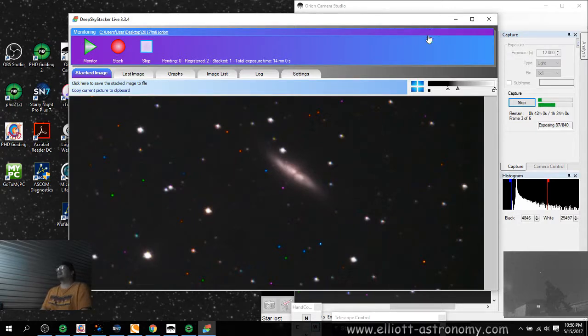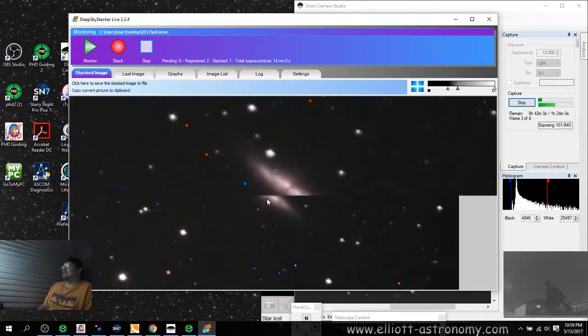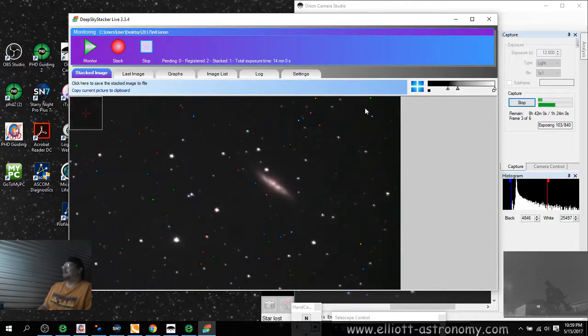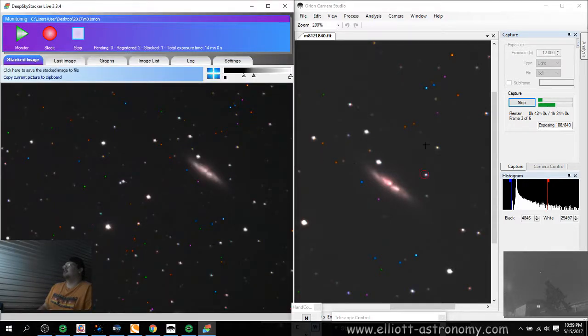It is what it is. I can always process the stars to make them smaller, to make them more oval, so it won't be a huge deal. They're not that bad, so I can always process it out to make it look a little bit better. So the galaxy's the most important thing, and I'm really liking that. That is a really cool image. So we're going to move that to the left. So the one on the right is just the one 14-minute exposure. The one on the left is just...